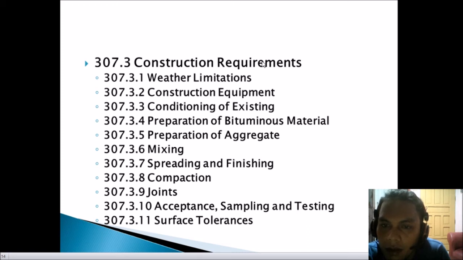So, first, an analysis requirement: plants used for the preparation of bituminous mixture shall conform to the requirements for all plants, requirements of plants, and requirements of batching plants. So, kanang mga ilan na ang batching plants kay na-experiment na natin sa batching plants. So, sunod kay requirements of continuous mixing plants.